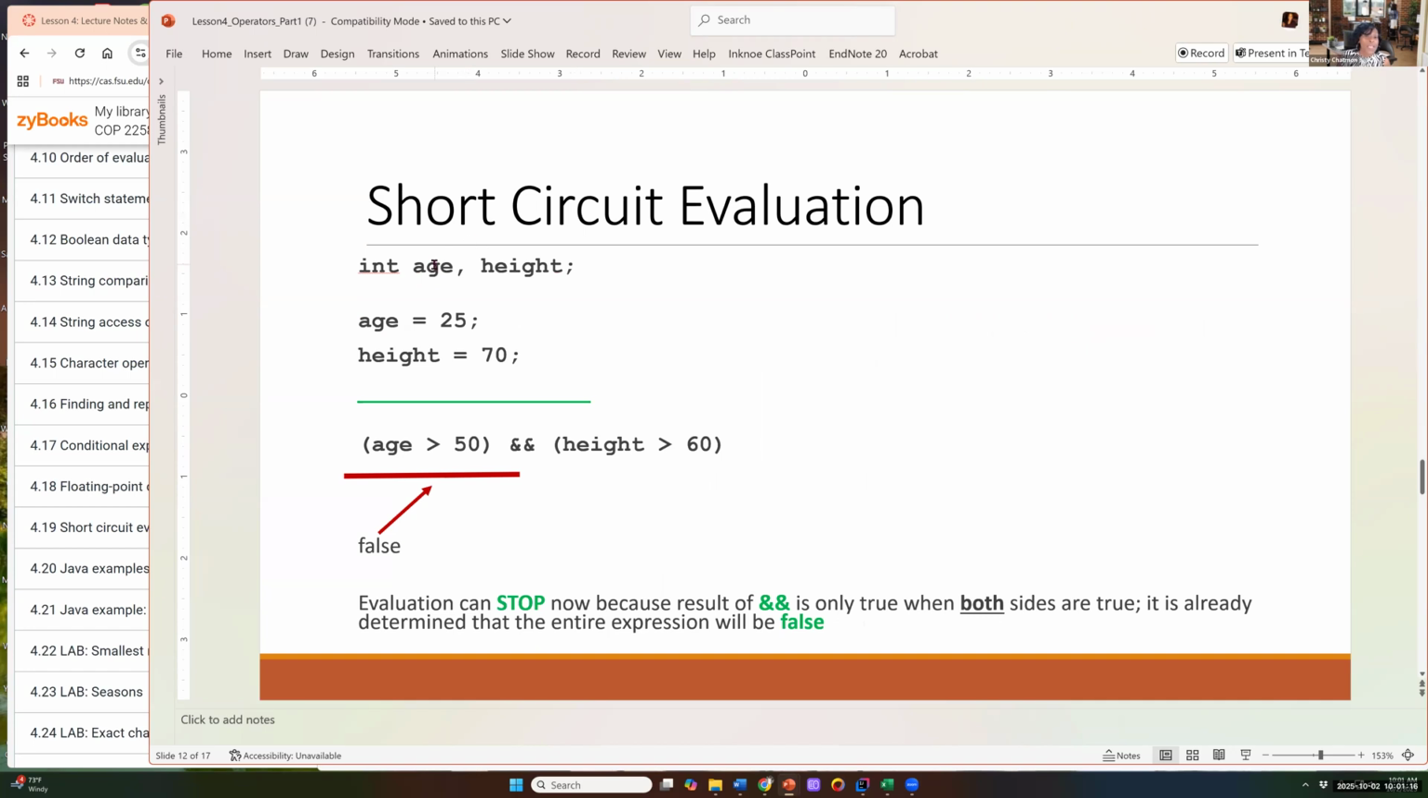Let's assume we have these variables called age and height. These two variables are integers. Let's assume we initialize age to 25 and height to 70. I need your participation here. Given the following expression, if age is greater than 50 and height is greater than 60, we go to memory and fetch the current value of age. Age is 25. Is 25 greater than 50? It is not. So because this expression is false,